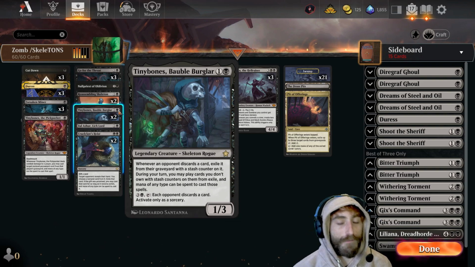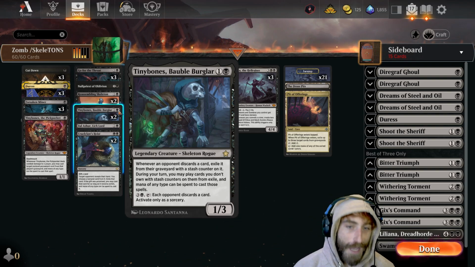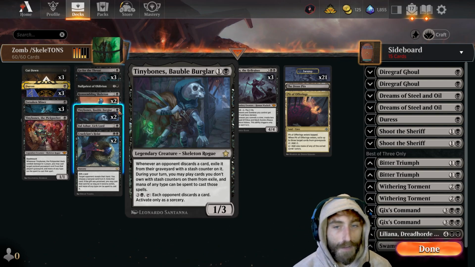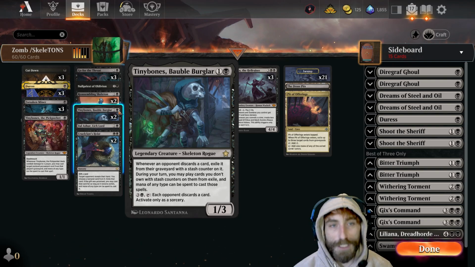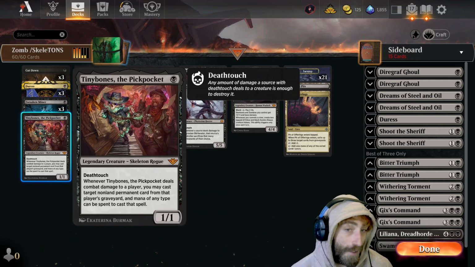This sort of gives us some 4-mana plays, rather, which we can do on turn 4 if this does stick around. But often this will just be a 1/3 that can block somewhat early swings from some decks. So that's pretty good. We're also playing the other Tinybones, which can give us some, maybe we cast a cool